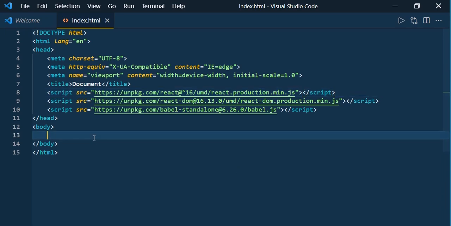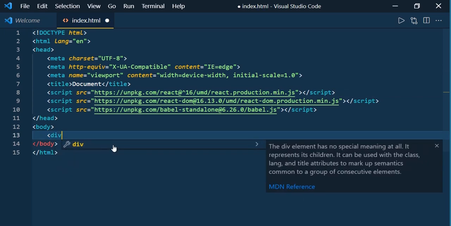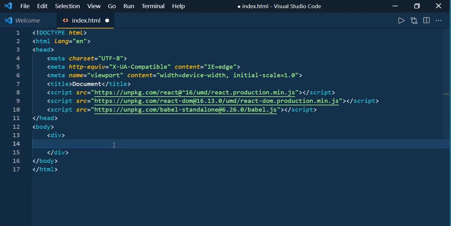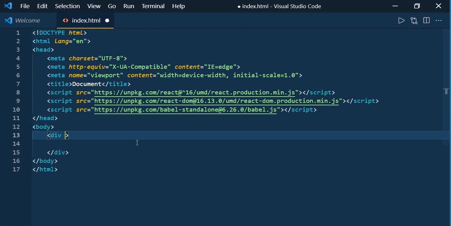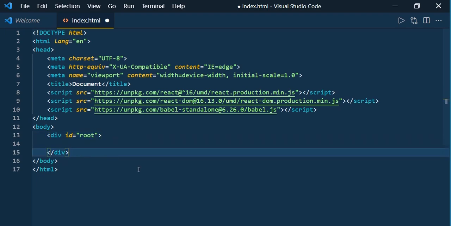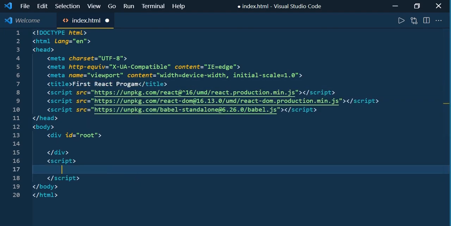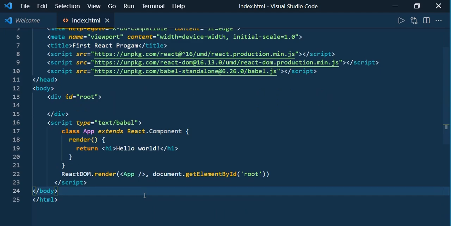Okay, so now we need to mention the root element. So we should have one root element, right? So this is the div, and I'm going to give it the ID root. So it indicates that this is the root level element. And here, instead of title, I will mention, I just pasted the code that I have already written.